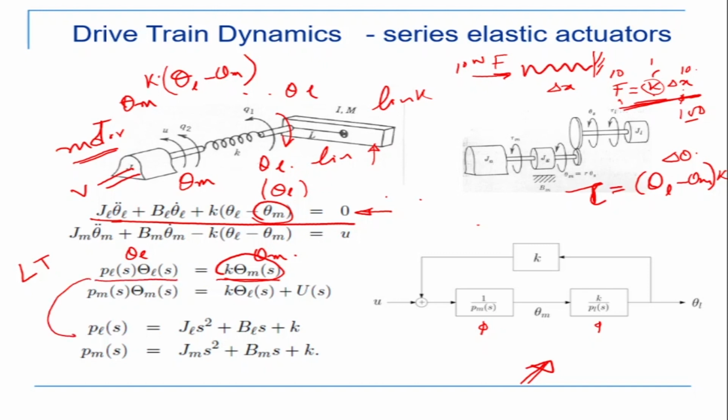And what is PLS? PLS is equal to this stuff. So this is equal to theta LS, right? Okay. So that is one. The second is here again. I have theta M and theta M and theta L. So I take all the theta M's on the left hand side. And on the right hand side, what do I have? I have theta L plus there is a U. So I get this K into theta LS plus US. Okay. So here I have one from this equation and one from this equation, which is this is from equation 1, this from equation 2 after taking the Laplace transform.